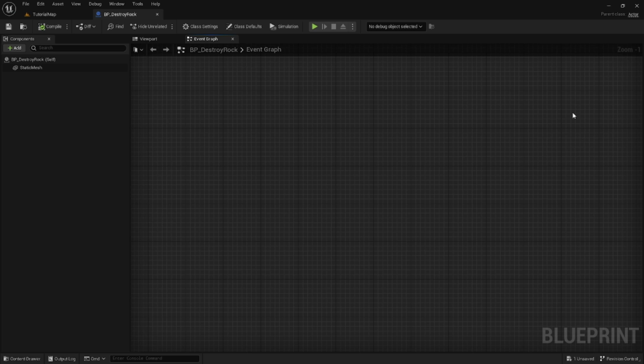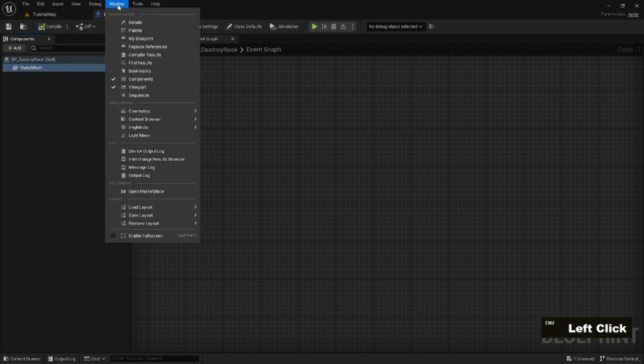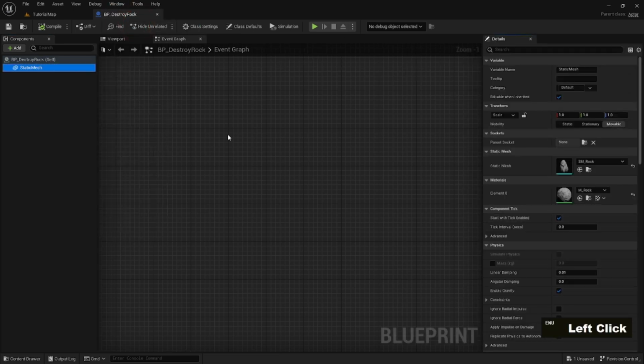So, in order to edit the properties of this component, just like in the editor, we need to open its details. So let's go Window, Details, and yeah, now we can edit it. Okay, so yeah,